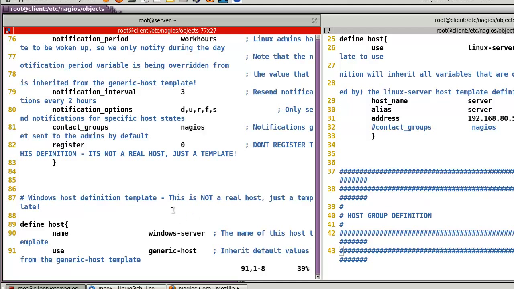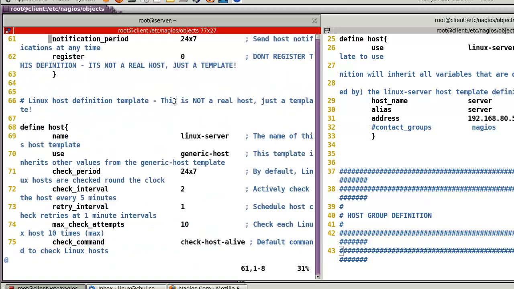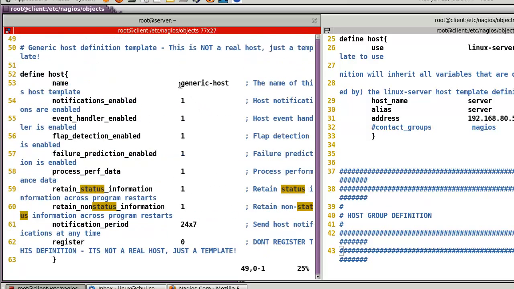Okay, and after that, notify the status. Okay, first one, let's check the Linux server here. The Linux server now also uses the generic host. Then to check each default setting of the generic host, let's go here. Okay, generic host. First one,